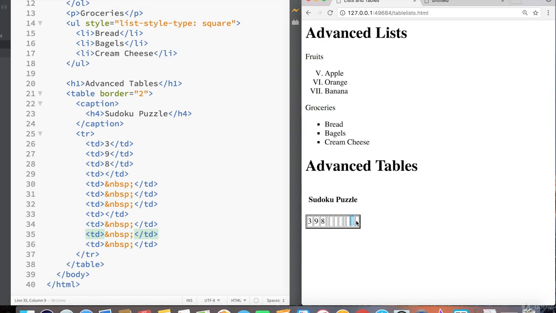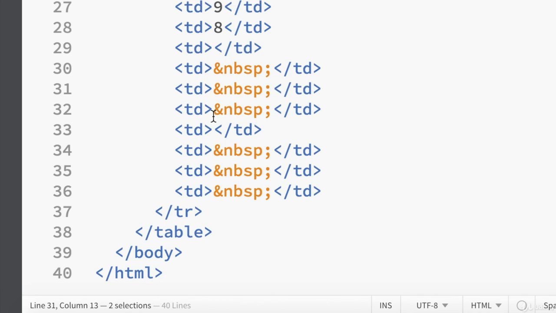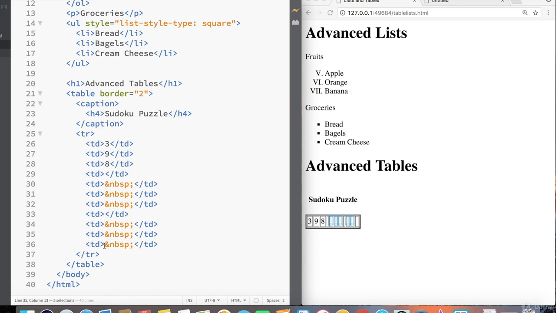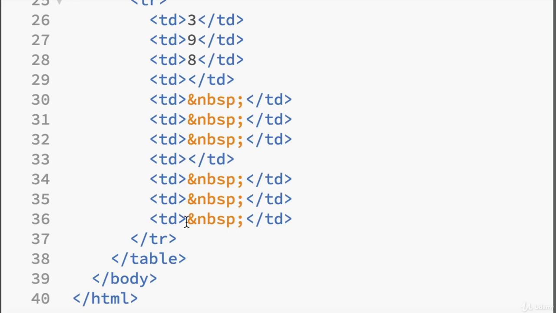Maybe we should add 2 non-breaking spaces instead to make the columns a little bit wider. To do that, inside of Brackets, I'm going to press Command and click in front of all 6 non-breaking spaces. If you have a Windows computer, use Control and click, and then I'm going to do a little bit of a keyboard shortcut. I'm going to hold Alt, press Shift, and then press the right arrow to